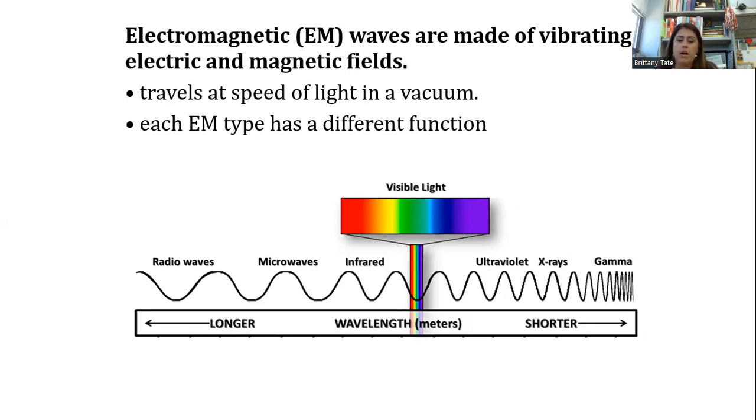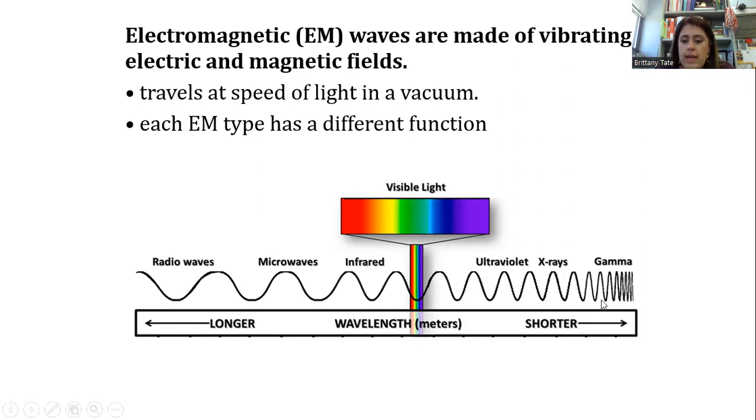And each part of the electromagnetic wave has a different function. So you see we have radio waves. These have the lowest frequency, longest wavelength. So long wavelength, low frequency, then microwave, then infrared. Right here, kind of in the middle, is visible light. That is the only part of the electromagnetic spectrum that our eyes are able to see. And then remember, if we see green, like a leaf is green, it's because that plant is absorbing all the wavelengths except green and reflecting that green.